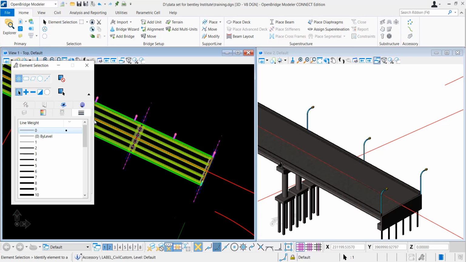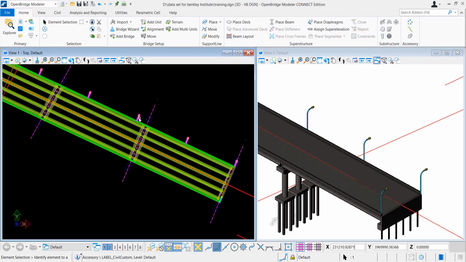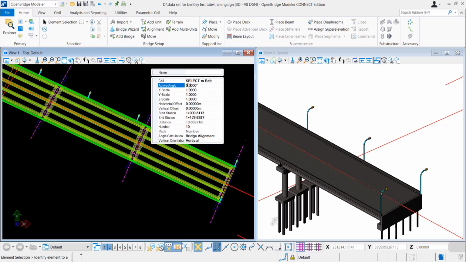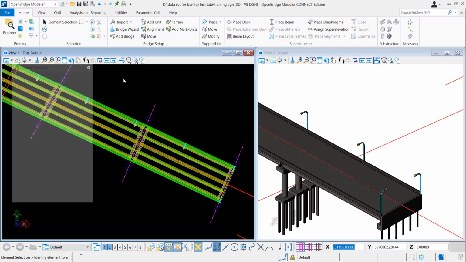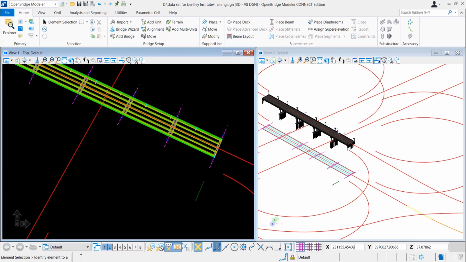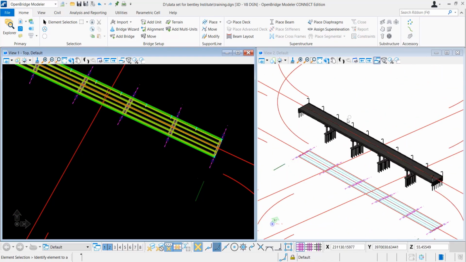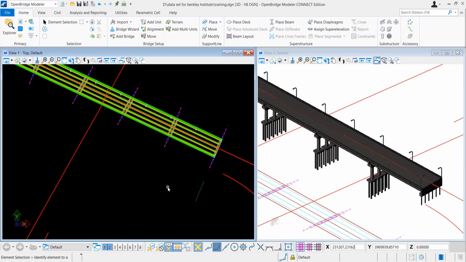So it's very easy. You select that element group, right? Similarly, just hold on for a second, and then you go to properties and you can change the angle from here, right? So we are changing it to 90°, then we can change it to 180° as well. So when we change it to 180°, we can see that it's updated, right? So that's how you easily create a complete 3D bridge model, right, by using the highway alignment and terrain model and using our OpenBridge model.